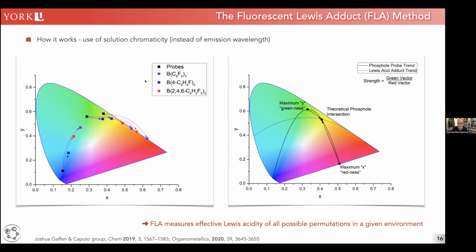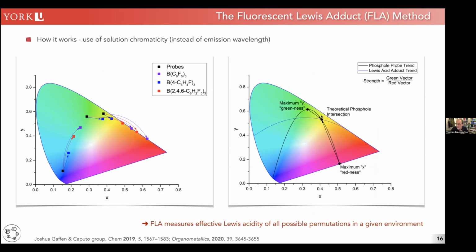And you can do the same for the Lewis acids that you coordinate. So here are 3 Lewis acids as an example. Here's the blue probe with a weak Lewis acid, a medium strength Lewis acid, and a strong Lewis acid. Here's the green probe, weak, medium, strong, and the yellow one, weak, medium, strong. Each of those sets, the blue dots, the red dots, and the purple dots, can be fitted parabolically. When you look at the probe alone and plot one of the Lewis acids on top of it, we actually have 2 parabolas that intersect, and they intersect at a point that is not a measured point.